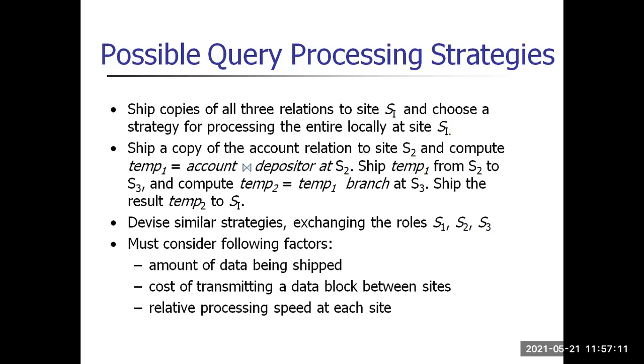Whatever values are needed for the query process in S1 locally will be shipped from the different sites, from S3 and S2, to S1. The fragmented values need to be shipped from S3 and S2 to S1 for the query process in the local site. That's why the fragmented parts are shipped to that particular site, so that the process can go on and we can get the value.